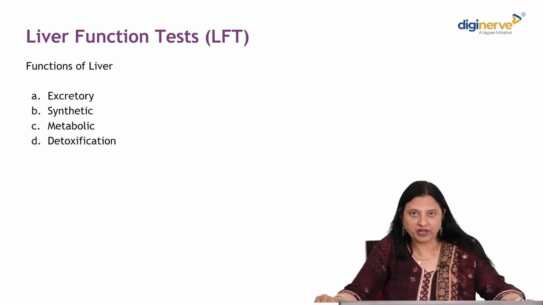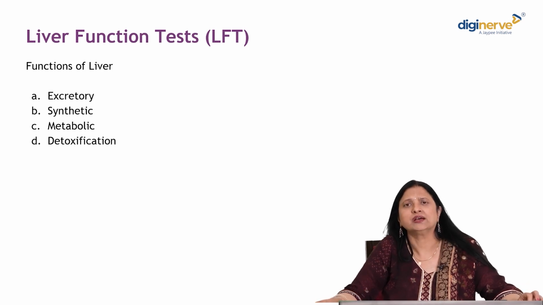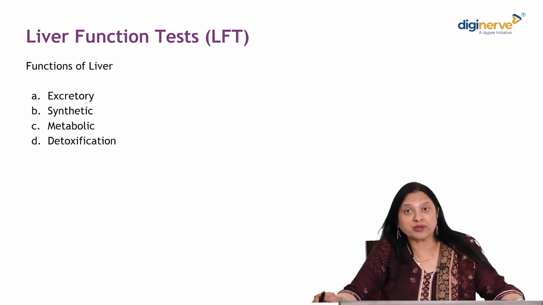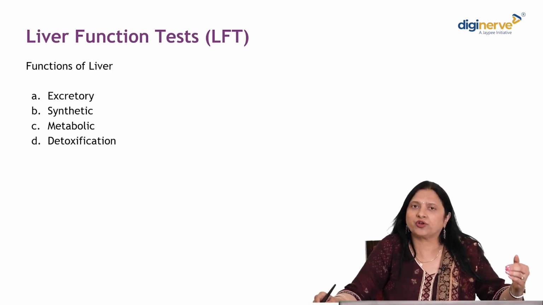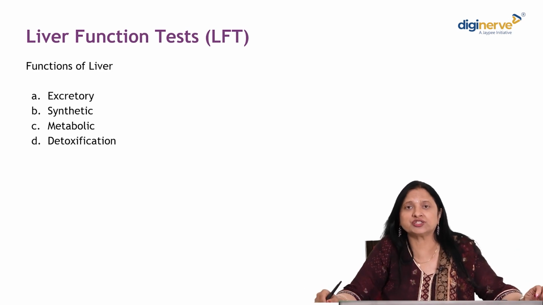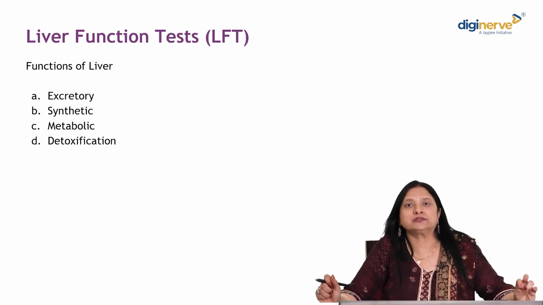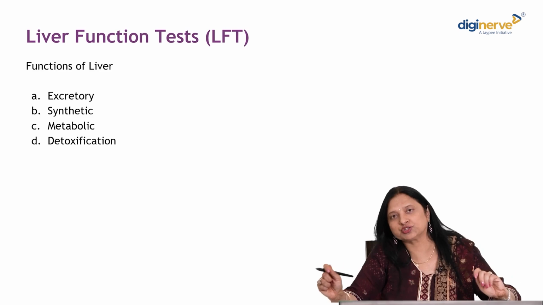Coming on to the metabolic functions, it is the central metabolic organ which is involved in metabolism of carbohydrates, lipids, proteins, virtually almost all pathways. Coming on to carbohydrate metabolism, glycolysis takes place over here, followed by TCA cycle, ETC, oxidative phosphorylation leading to energy generation. Then there is glycogen synthesis, and carbohydrates get stored in the liver in the form of glycogen. Then it is involved in gluconeogenesis, conversion of one type of sugars to the others.